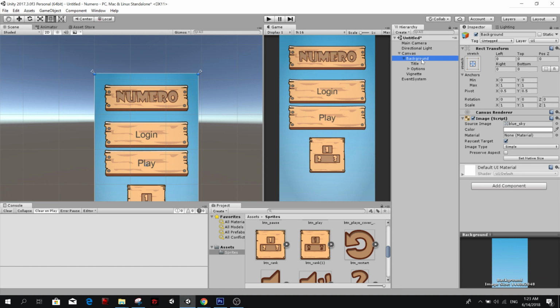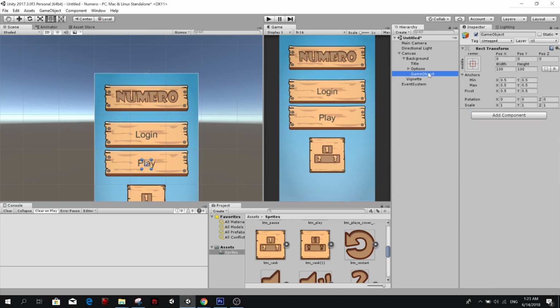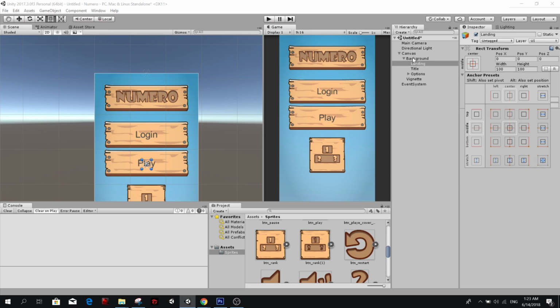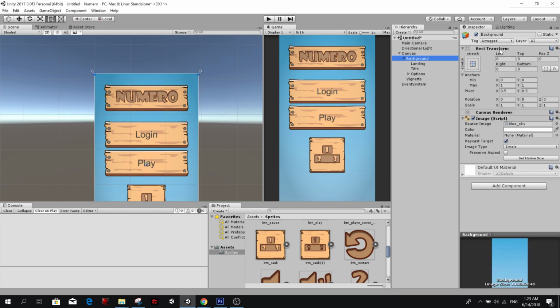Because inside here we could have another, for example, I could call this landing, and this landing here, same as the background.